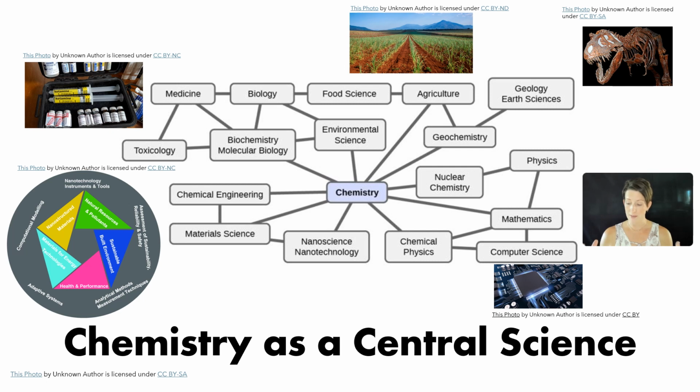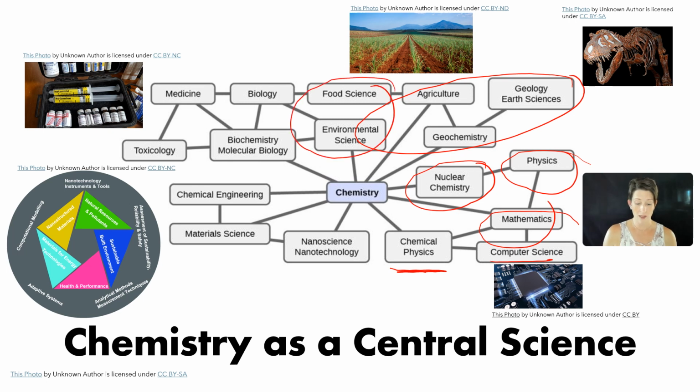Many modern materials have been developed by chemists, and the global economy for chemists and chemistry is about a $700 billion within the US industry alone. What does chemistry touch? As you can see from this graphic, chemistry branches out into all different fields. We could look at chemical physics, and that's physical chemistry, which then goes into computer science, mathematics, physics. We have our nuclear chemistry, which we'll talk about later this semester with nuclear medicine. You've got your geological, you've got food science,